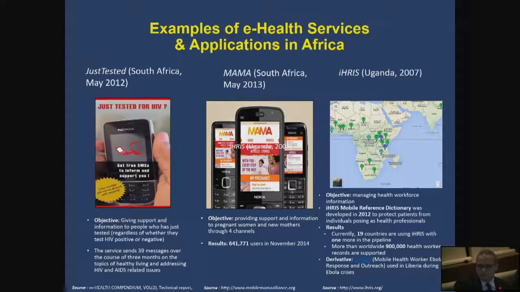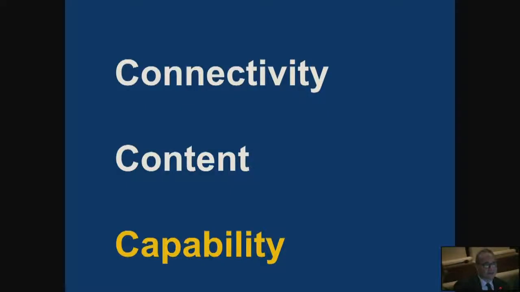So if both of you match, with or without HIV, you shouldn't release the private information. That's a technological innovation on how to release that type of information rather than giving the result of the test. There is MAMA in South Africa, which helps keep records of mothers who are pregnant, and then ICTs, a system of information that started in Uganda but was also used for the Ebola crisis. There are many more systems, the text alert, the MOCHA, the mobile, many of them, but again, I think it's really important to look at them.